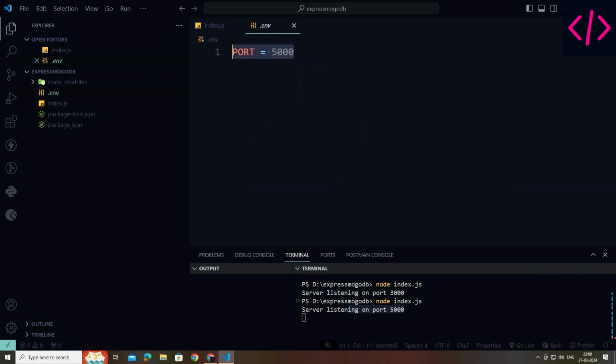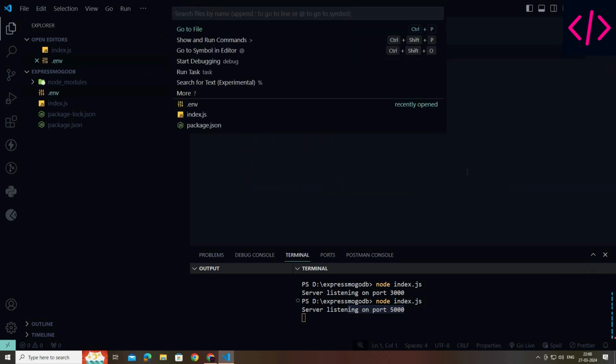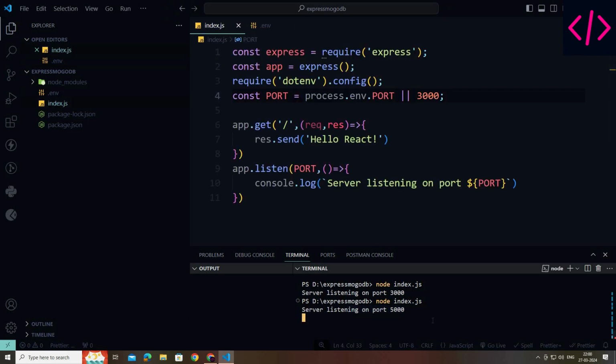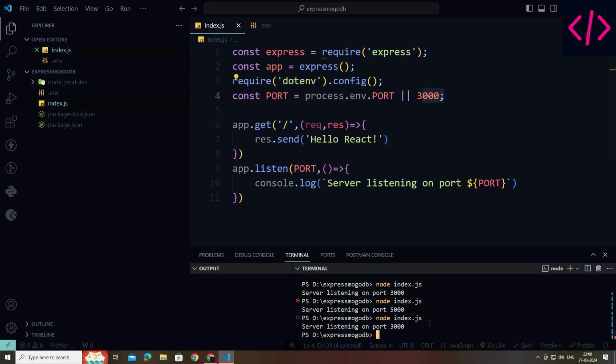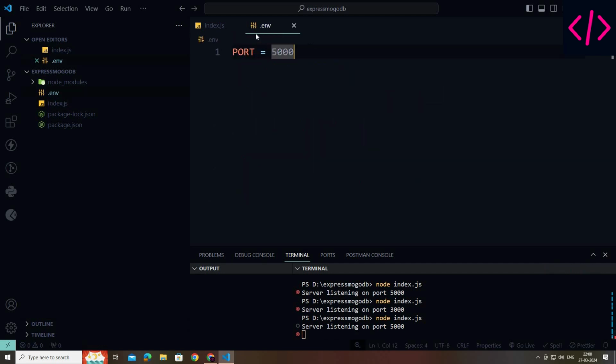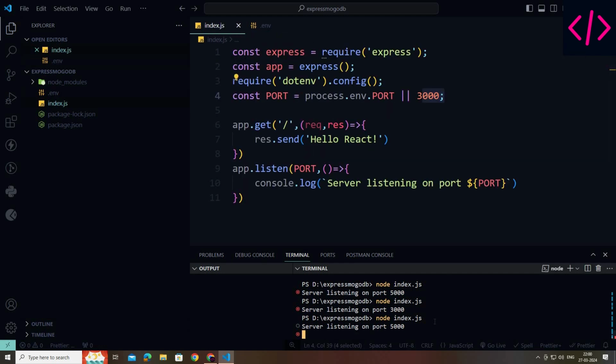Okay, I have removed it and will check another time. Run the server: it runs on 3000, the server default. Again run the server: 5000. Yeah, the env file is there. Okay, now